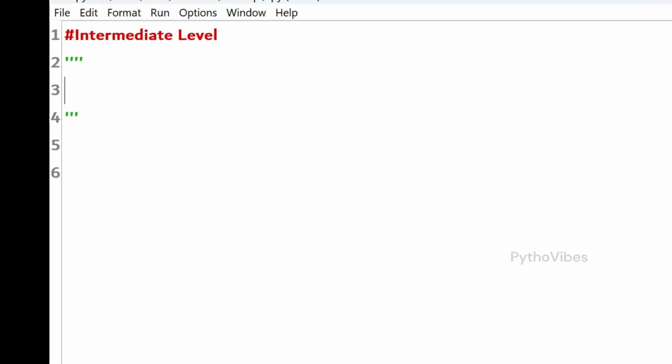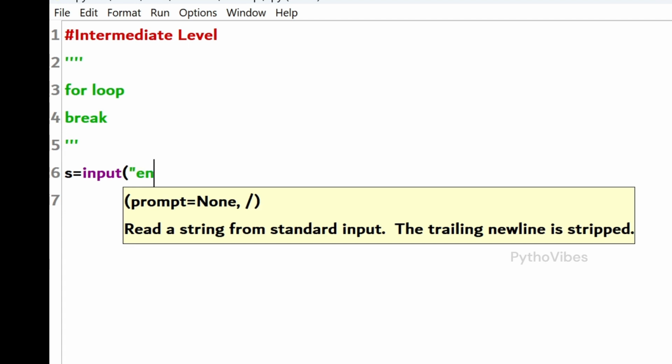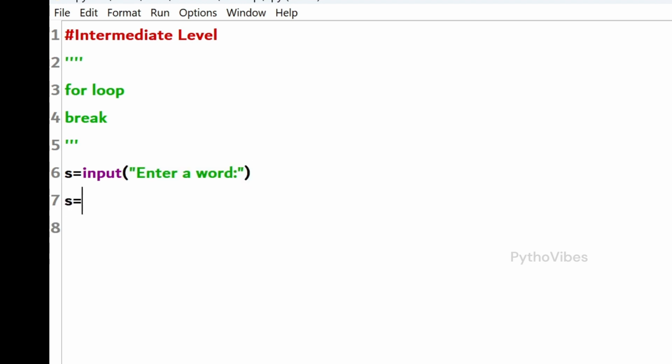Now we will move on to the intermediate level, and here we should have some basic idea of for loop and break statements and some of the conditional statements. So now I will be taking one input, s equals input, asking for enter a word so that we can check this, and later I will be converting any capital letters to lowercase letters, and then if there are any spaces I will be removing them with